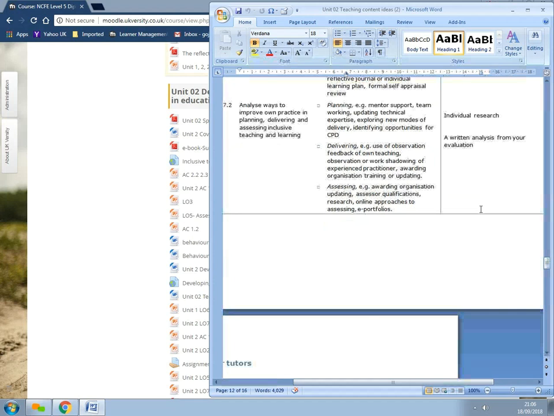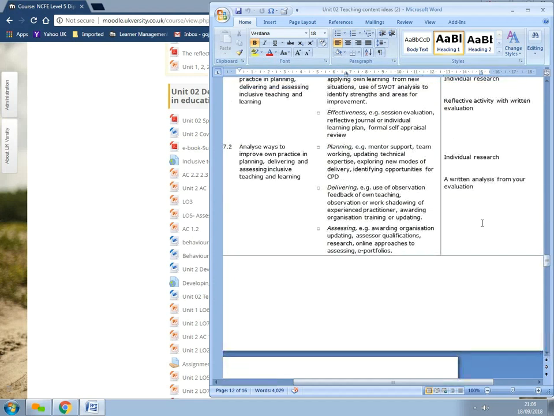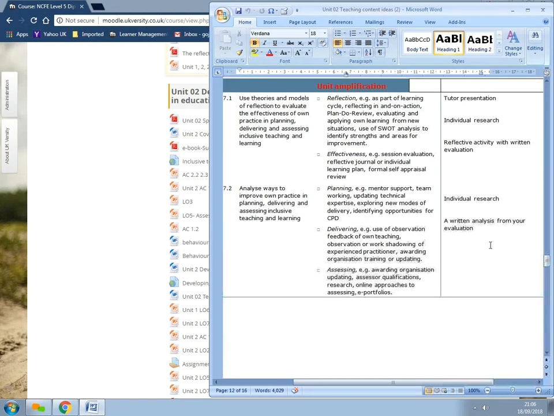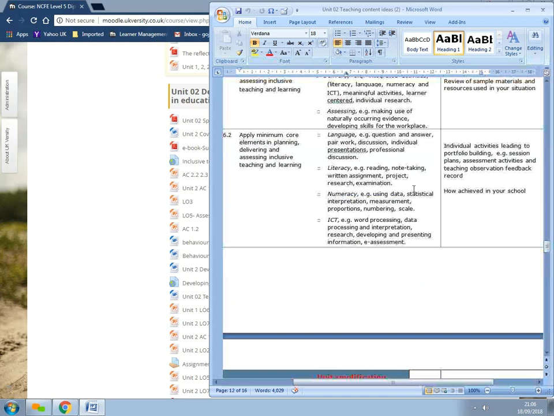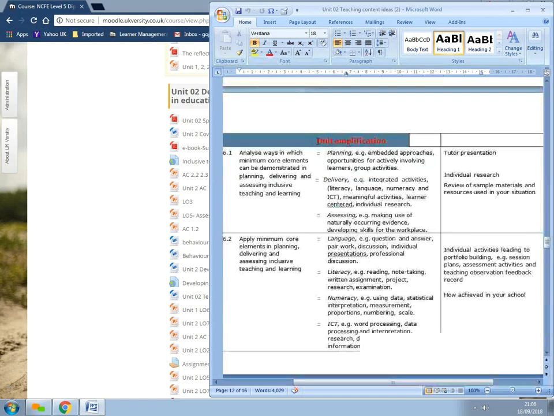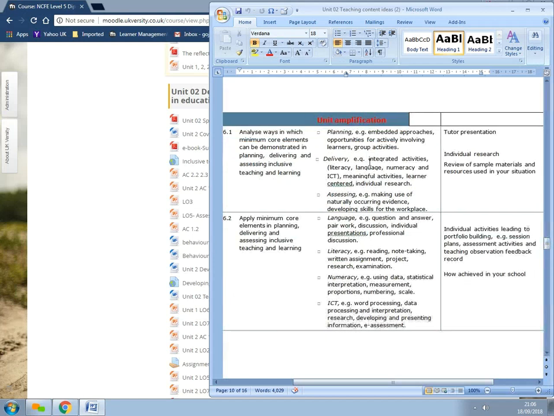So that is actually the end of Unit 2. I'm nearly finished. Exactly, you're nearly there. Literally, it is fairly straightforward. This one I've got, the unit amplification here, these are all ideas. You don't have to fit everything in that's in here. These are just a bunch of ideas to point you in the right direction. Other than that,